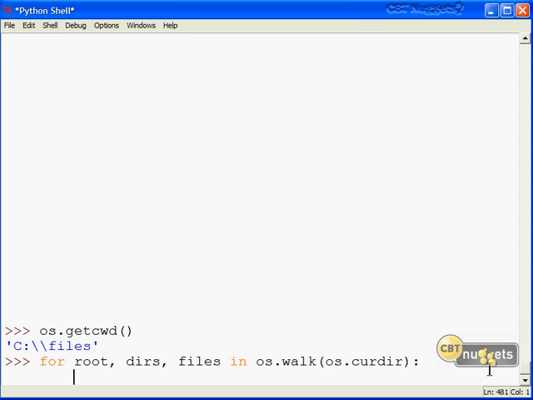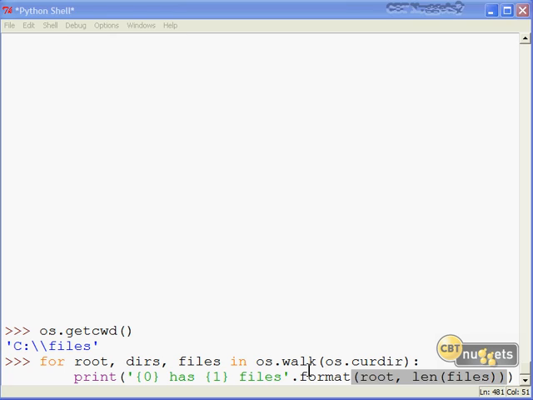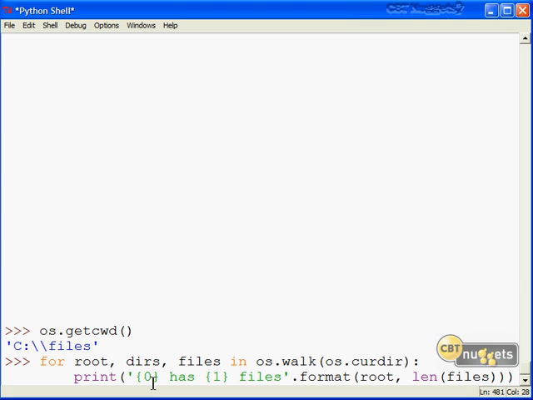Let's hit enter, and in the second line of the simple for loop, we're going to use some string formatting, a call to the print function. And in that call to the print function, we're using, for the sake of practice, the Python 3 style string formatting, which, if you've had experience with both the old school C style string formatting and the Python 3 style, I like this better. I think it works pretty easily. So what we're echoing back first is the string literal 0 has 1 files. We're calling the format string method, of course, and passing into it the root object, comma, and then the length of files.